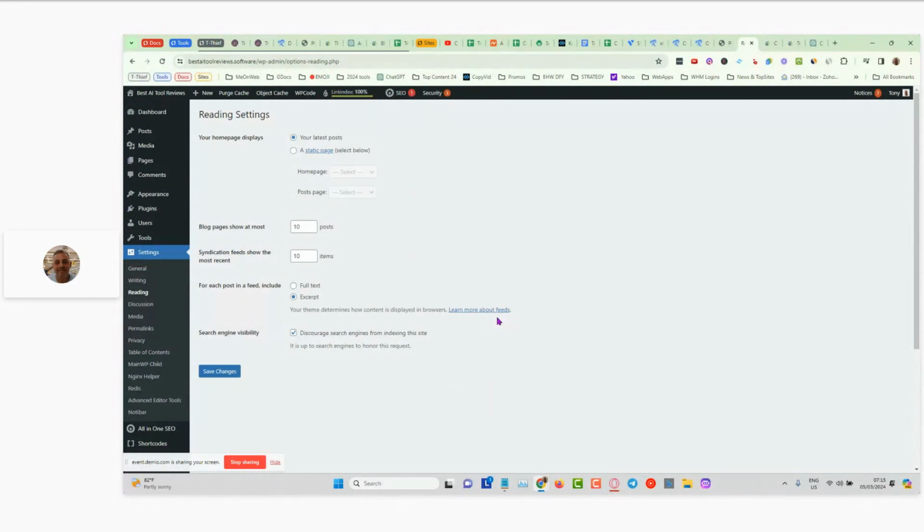Okay, so what I've done is I've discouraged search engines from indexing the site until you've got your initial content on the site. Now, we're going to cover the content generation part tomorrow. Hopefully, we will have those updates done so it's nice and clear for the posts that have been made, for the URLs of the posts that have been made,